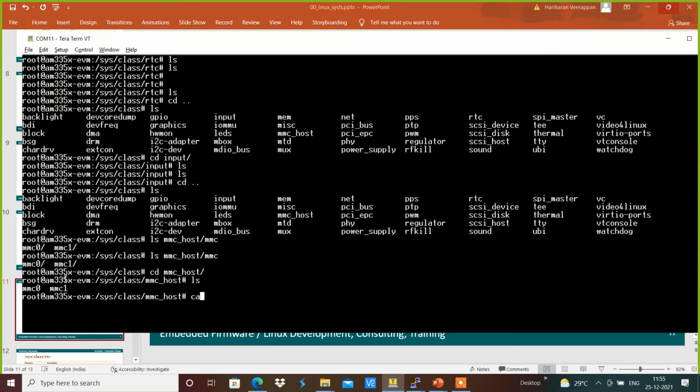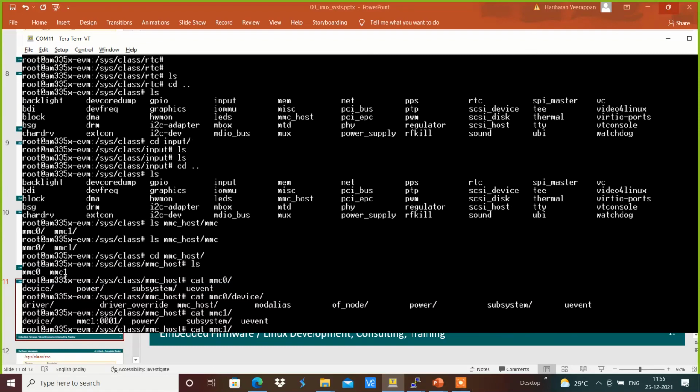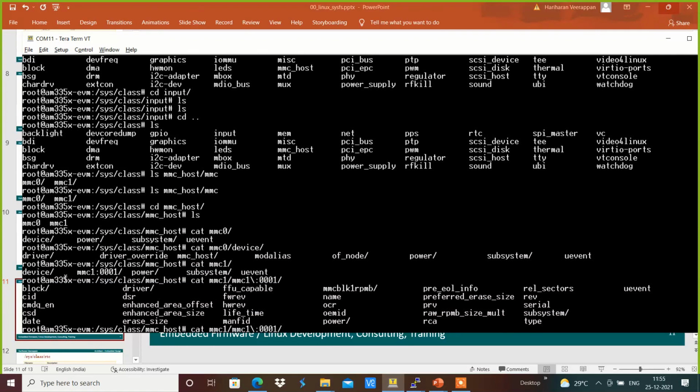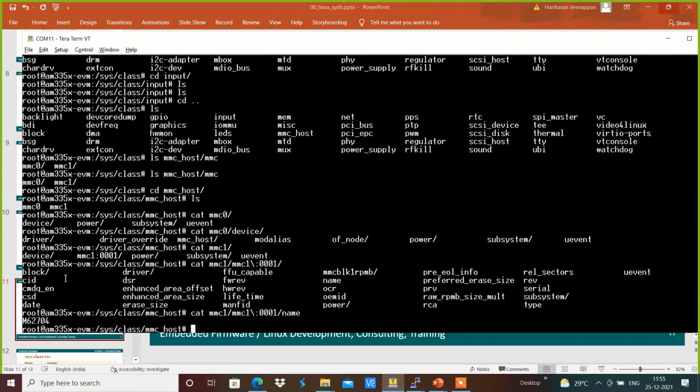With cat on MMC0 I have the device, and similarly MMC1, which has the information about the details, OEM name, hardware revisions, all the information about the particular eMMC device present within the MMC host.